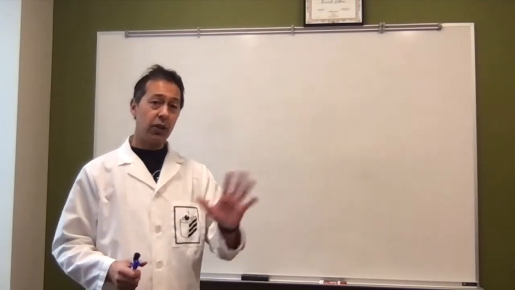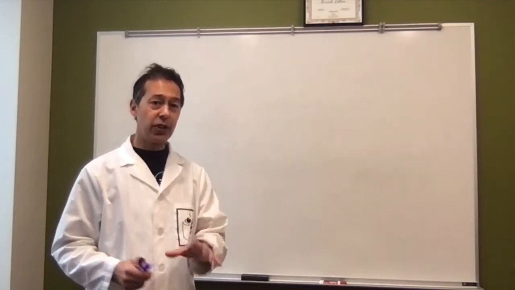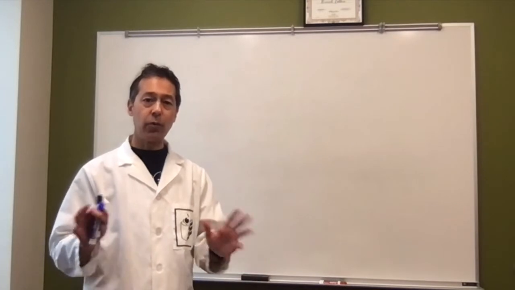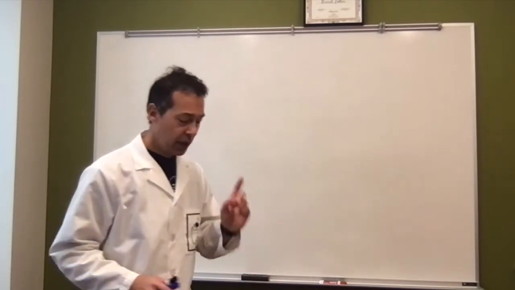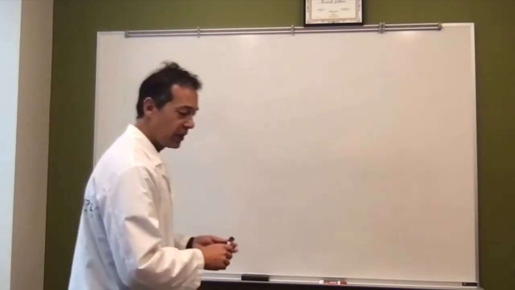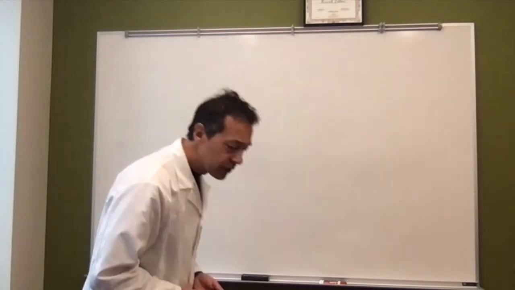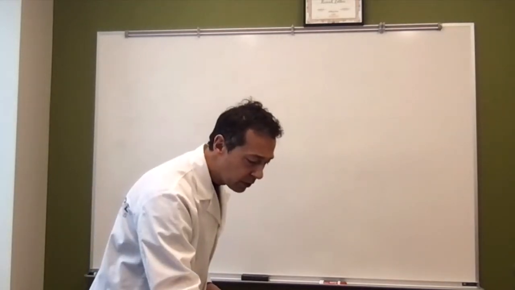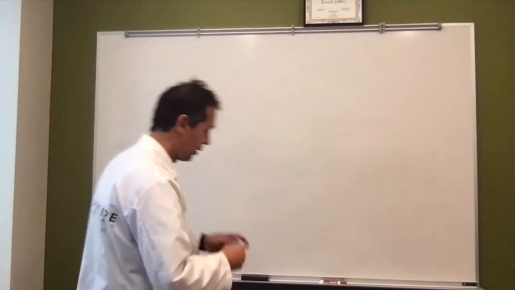So I'm going to draw a couple of organic compounds first, and then we're going to go over the rules on how we would actually name these compounds. To get us started, I'm going to take, let's see here, 1, 2, 3, 4, 5, 6. I'm going to go